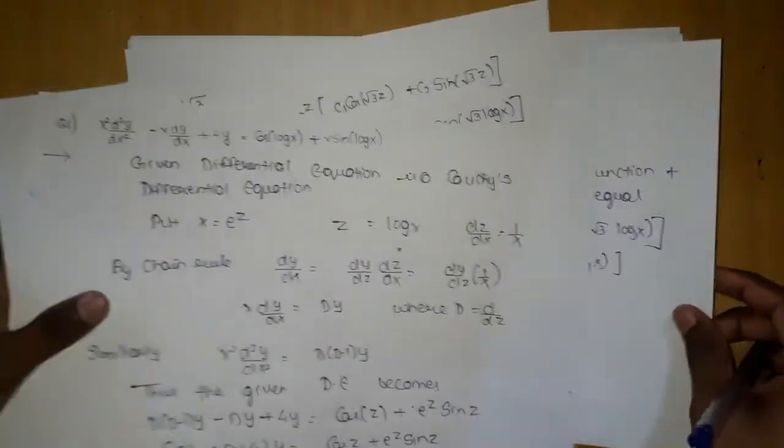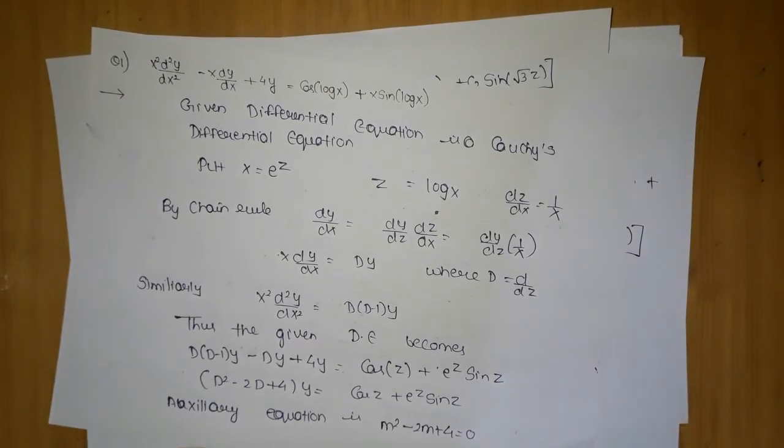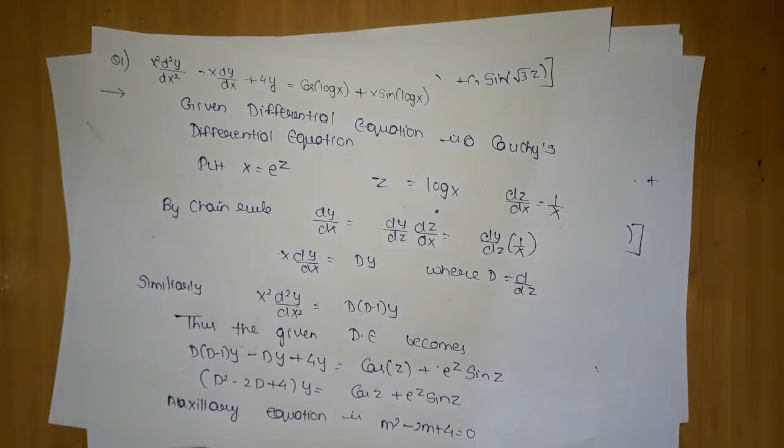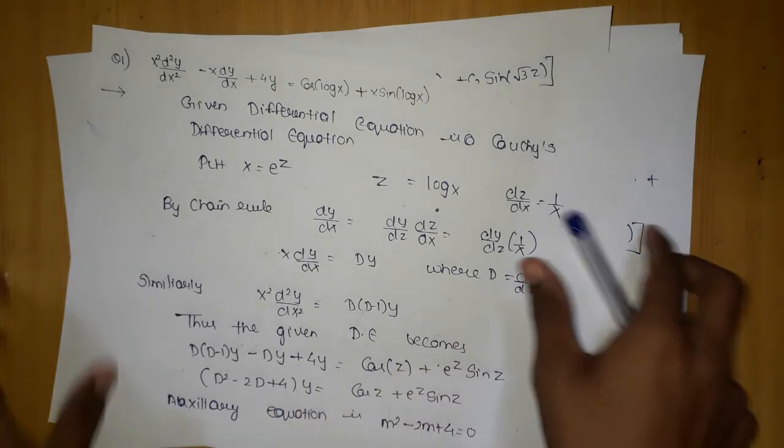So this was our first question. Hope you have understood each and everything. The moment you convert a Cauchy equation into a higher order differential equation with constant coefficients, you have to replace each x by z, and in the final answer there should not be any z. You have to resubstitute the value of z and get it in terms of x. That is one more thing which children mostly forget about this.